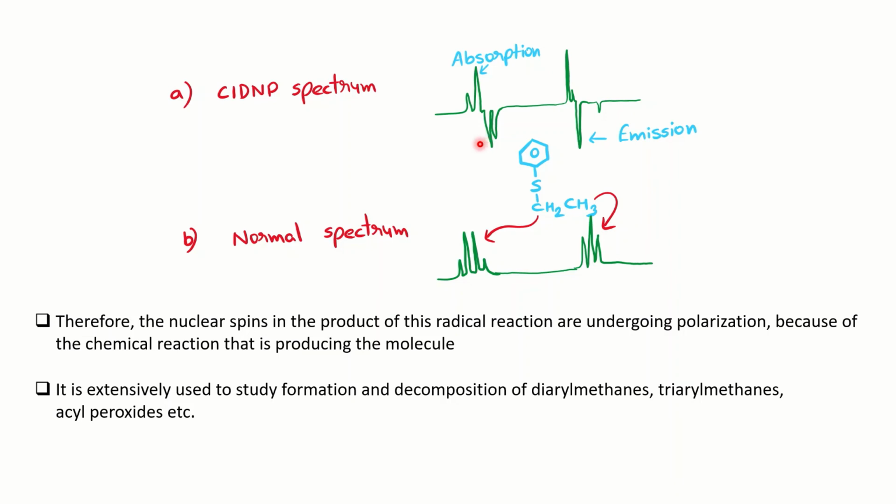The mechanism is a radical mechanism, and this particular technique is extensively used for the formation and decomposition of diaryl methanes, triethyl methanes and acyl peroxides nowadays. So this is about CIDNP, a technique basically used to identify that the mechanism is through radicals, and